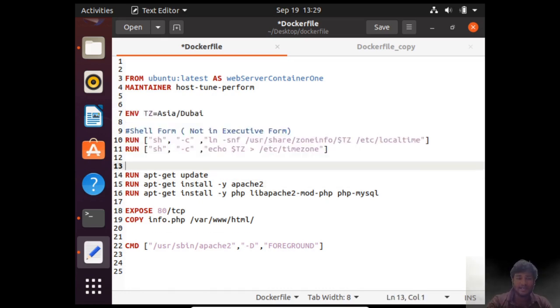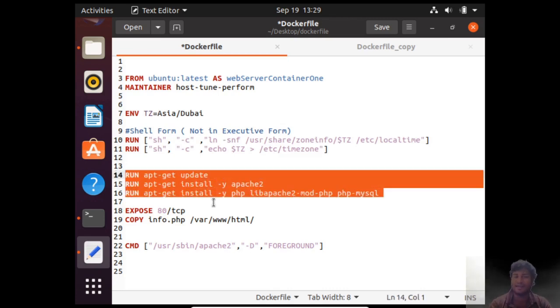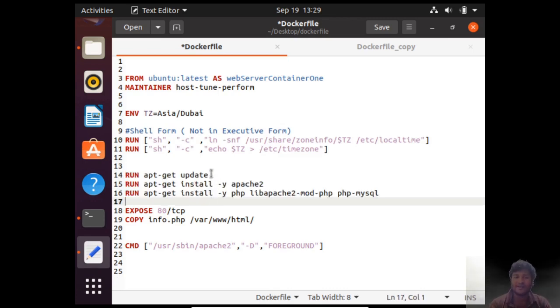One more thing is that we have been running all these statements on different lines. With the RUN statement, let's say this is command 1, we can say command 1 and command 2 and command 3, and similarly we can keep on going.